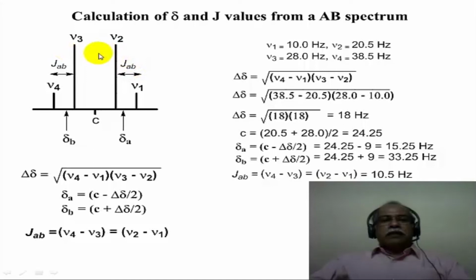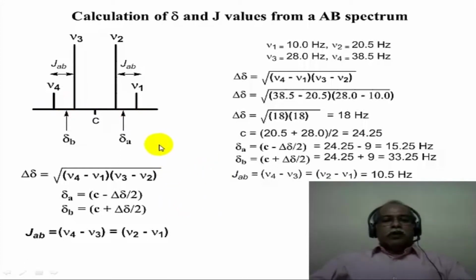When the intensities of the central lines are much taller than the intensities of line 1 and line 4, it is not the center of the doublet which is the chemical shift value. It is the center of gravity of the doublet which gives the chemical shift value. So, the chemical shift value actually will not be at the center of this doublet. It will be closer to the taller line on either side of the NMR spectrum.